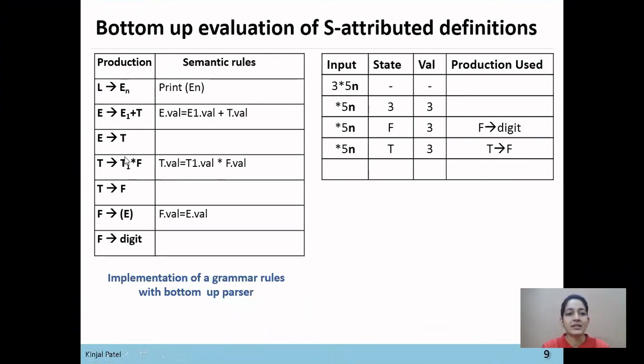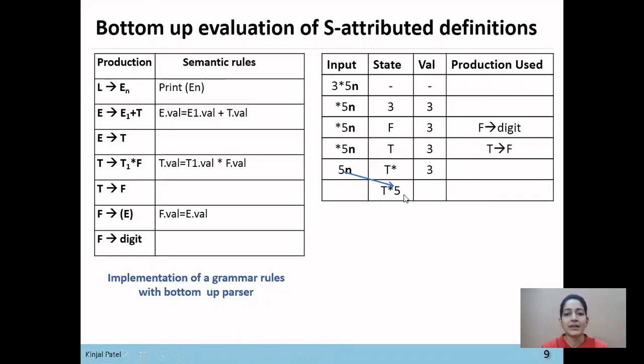Now next the star will be shifted from the input buffer onto the stack. So T star, and in value there is value 3. Now next is 5. So we want to perform the computation T1 star F. So this 5 will be shifted from the input buffer onto the stack.